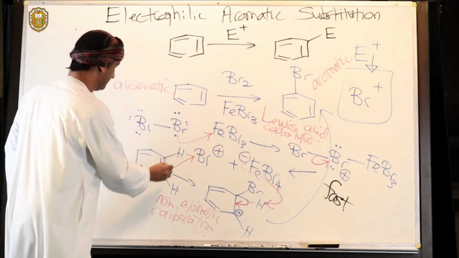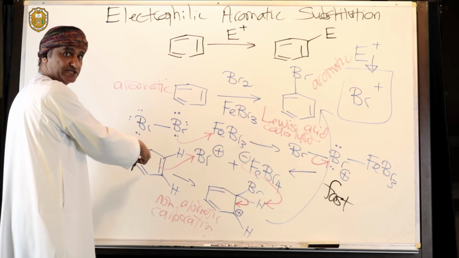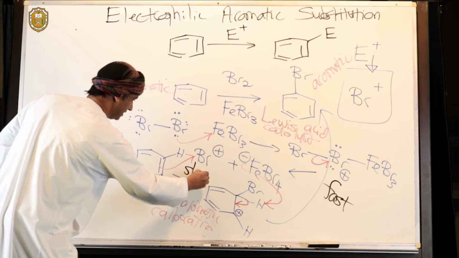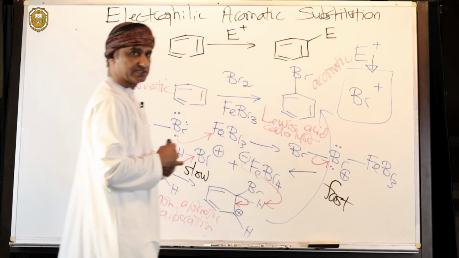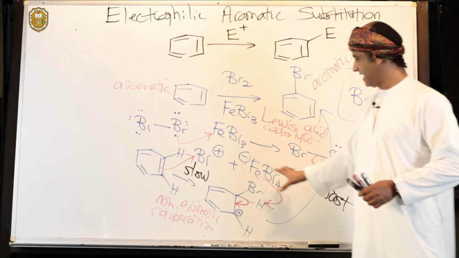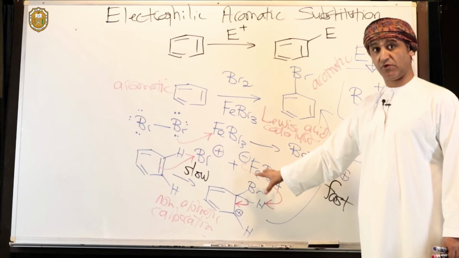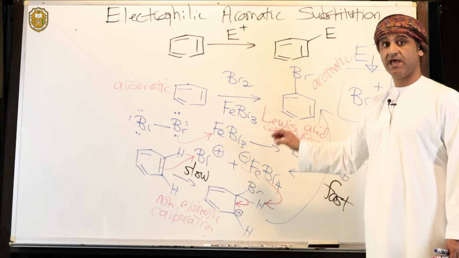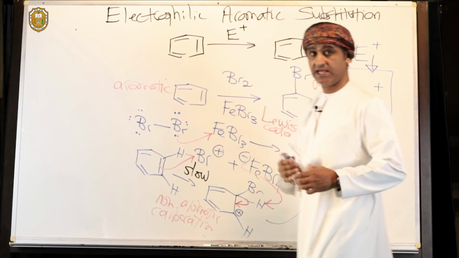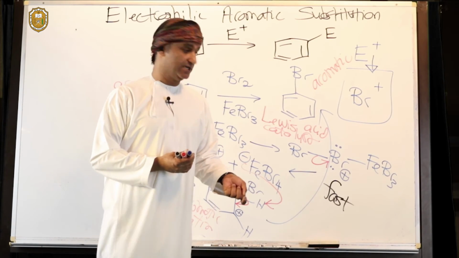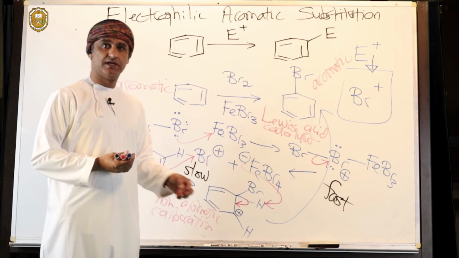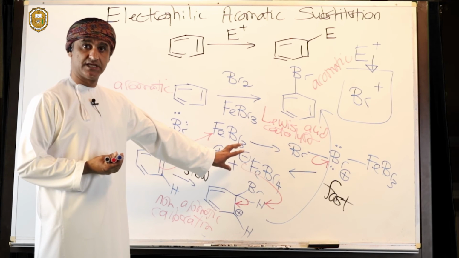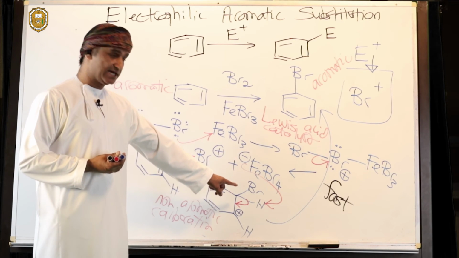The initial step, the reaction between benzene and the electrophile, is actually slow. So this step is slow, and since it's slow, it's the rate determining step. This carbocation, remember, is involved in electrophilic aromatic substitution, but once the carbocation is formed, and given the fact that it is not aromatic, it can regain aromaticity if it loses this hydrogen to a base. So a Lewis base takes off that proton,